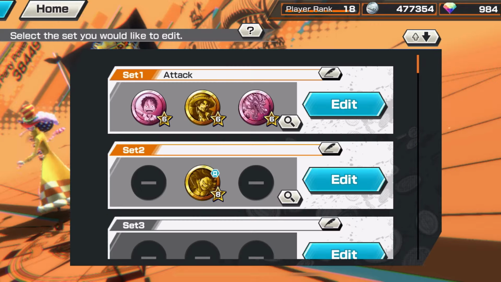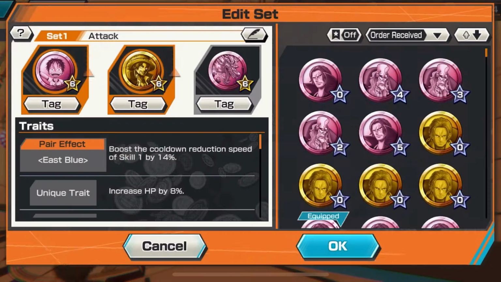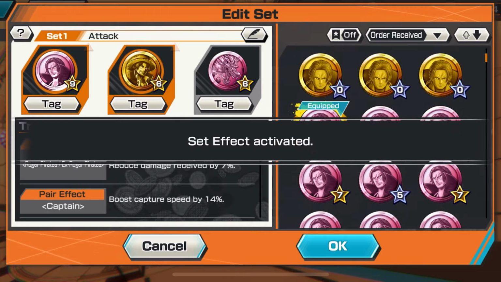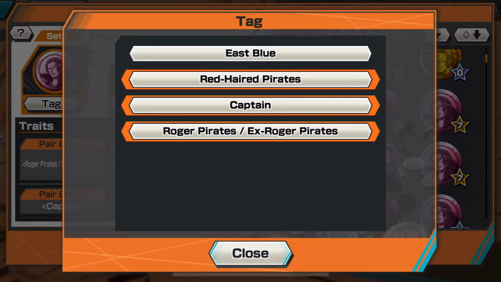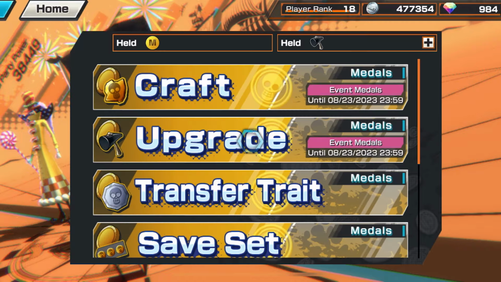And here you can go to sets. I don't really use this much, but you can edit your sets. You can throw just your 3 best medals in here, maybe focus on attack or defense, and you can combine all the tags, as you can see here. I'll talk about that a little bit more later, but